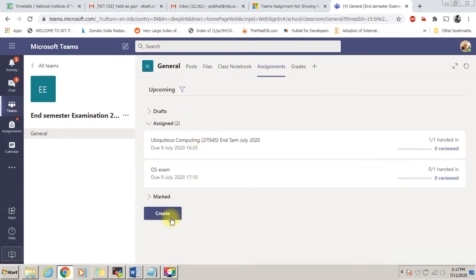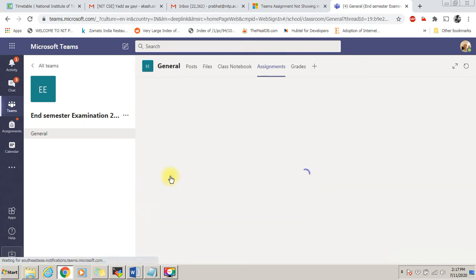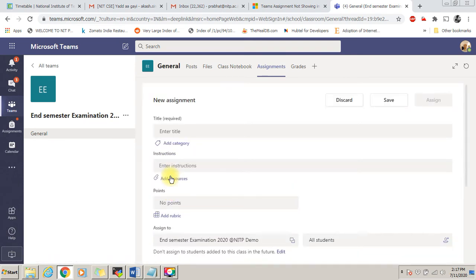I'll need to click on create. You'll be presented with three options. Out of this you'll need to select assignment. After clicking on assignment, you will be presented with this screen. You need to enter the title of the examination.